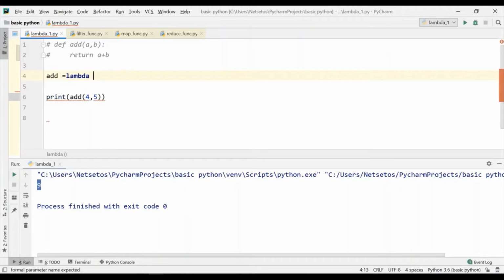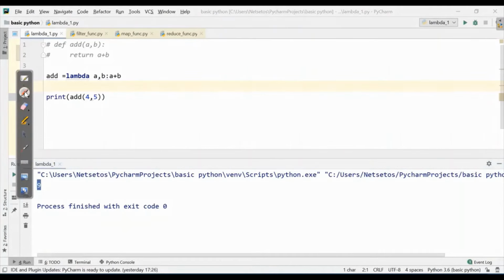Then I need to give variables, which is a, b, and output will be a plus b. So when I print this, I'll get the same 9. Unlike the regular function where we used to write the def keyword at the start of the function, here we will use the keyword lambda. This was multi-line code, and here with one line of code we will perform it.